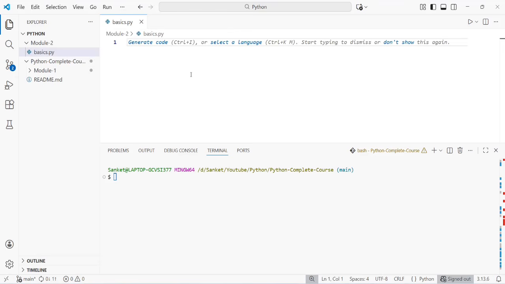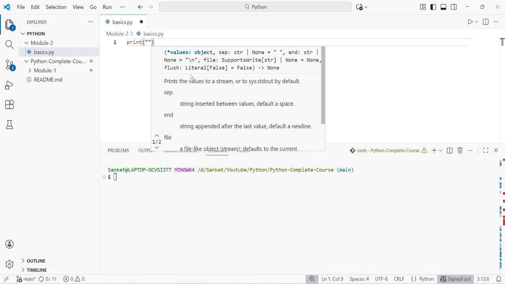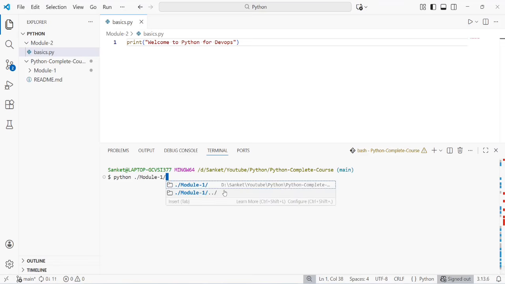Once done, you can use the print statement to print anything inside your program. So if you want to print any statement which is a part of your program execution, you can write it. So we'll write welcome to Python. And if you just save this script and write python basics.py,